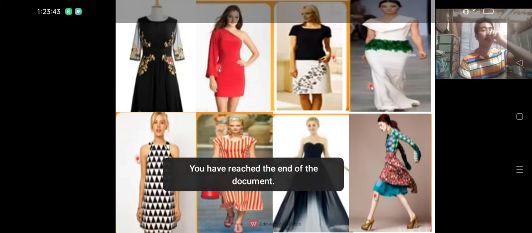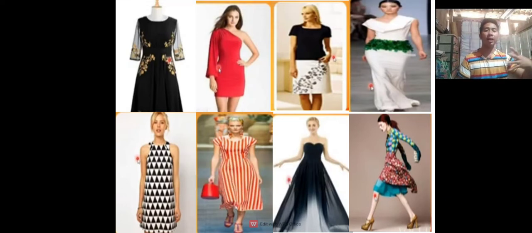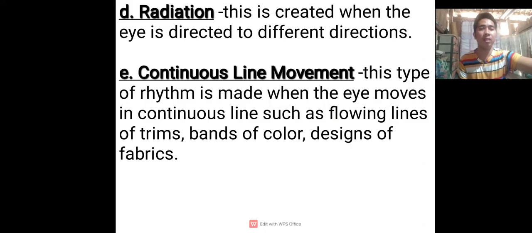Okay, take a look at the fifth picture. So, makikita natin, no, smooth lang yung design and very clean sa mata. The designs are the black and white triangles. And the next principle is